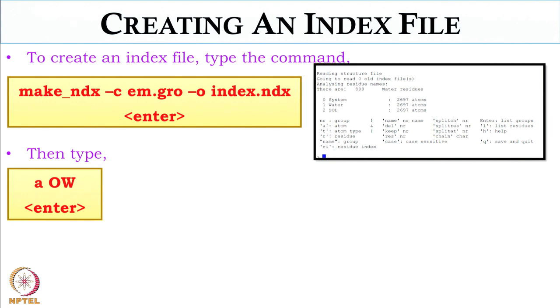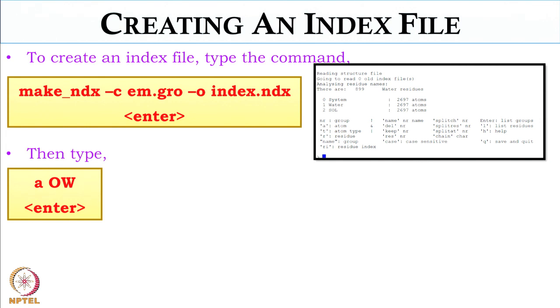Now if you want to create an index for different sites, suppose you want the oxygen of water, then you have to type a, which means atom type, then space OW, oxygen of water. When you execute make_ndx, that display will appear. If you just type q, it will come out of it.